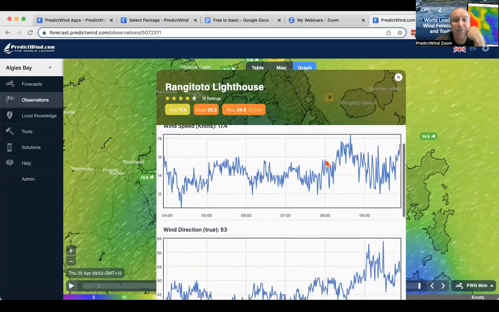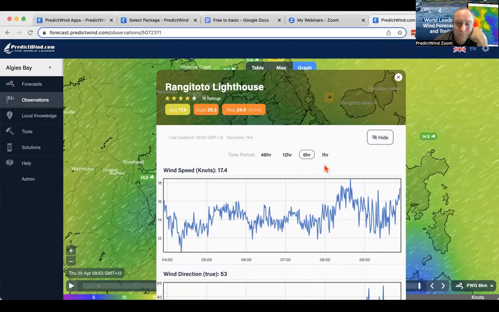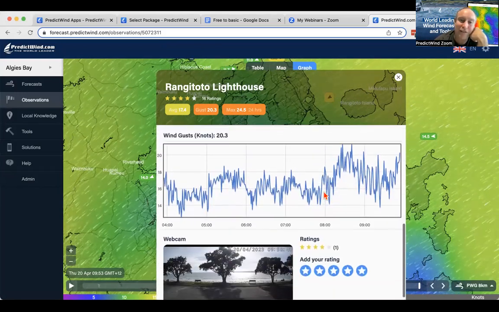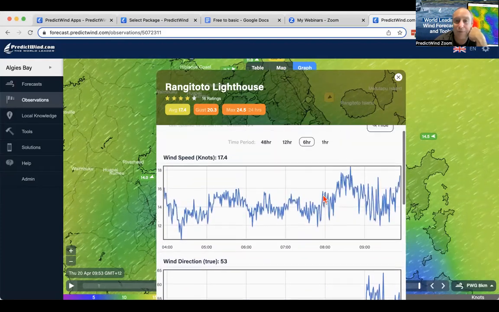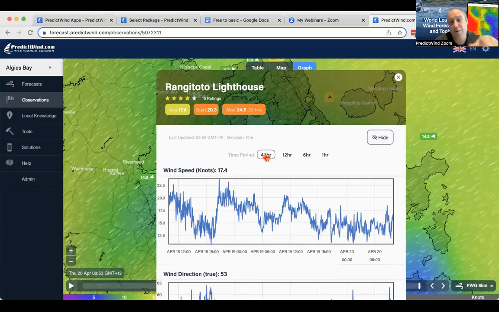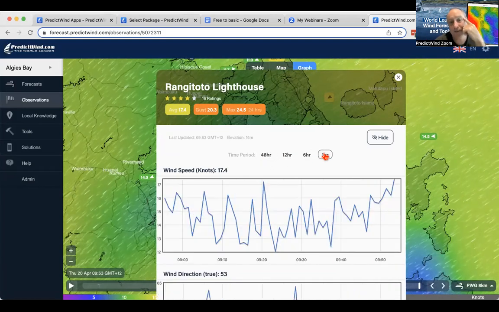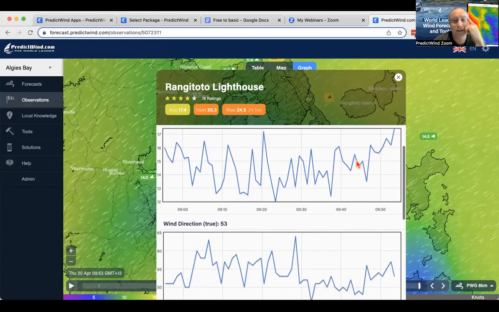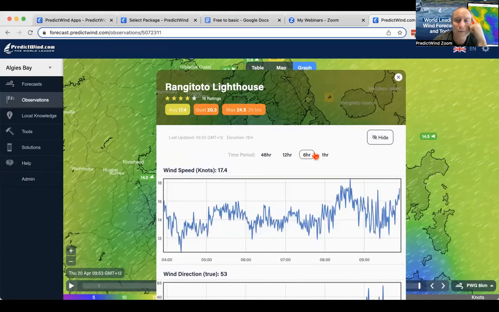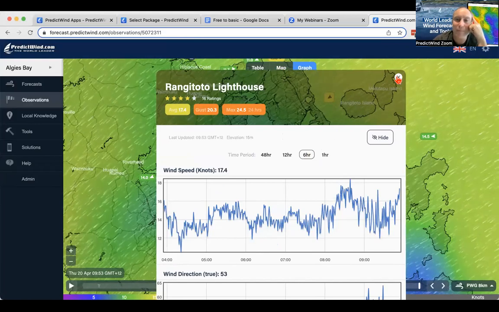If I click on that observation, I can look at the wind direction and the gusts for different periods of time, anything up to 48 hours in the past. I can see what the trends are, and if I want to get into the nitty-gritty, I can look at the last hour. So we have all these observations, and